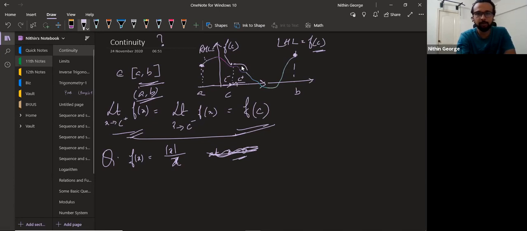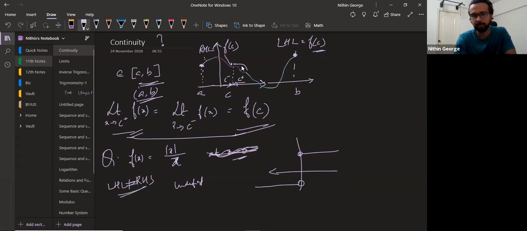Yes. Okay. The idea is after the x-axis, you're getting +1. Before the positive x-axis, you're getting -1 here. All right. So at the point 0, it's undefined as well. But you already have enough proof to say that this is not continuous at x equal to 0. Got it? LHL is not equal to RHL. Also know that f of a is undefined. So if f of a is undefined, that is also good enough reason for you to say that this function is not continuous. All right.